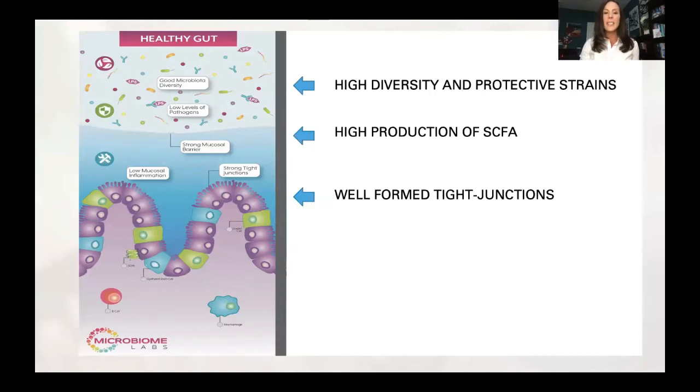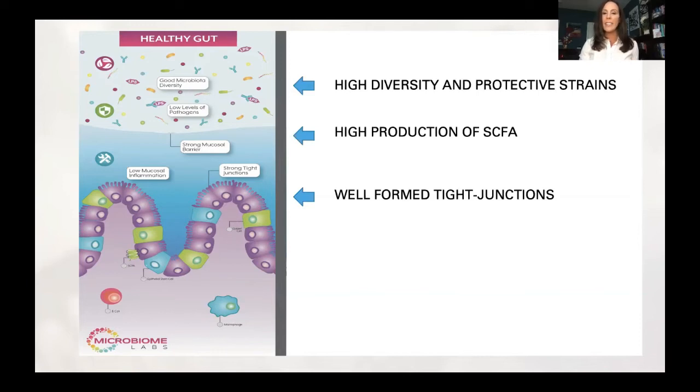So a healthy gut has good microbial diversity, low levels of pathogens in the gut lumen, a strong mucosal barrier, strong tight junctions, and low mucosal inflammation. You can clearly see that the blue there is representing the mucosal barrier. If we have a high diversity of protective strains, like certain keystone strains that I'll tell you about today,